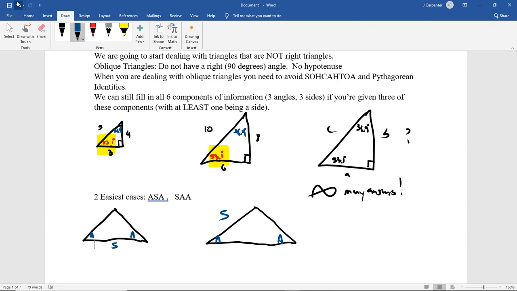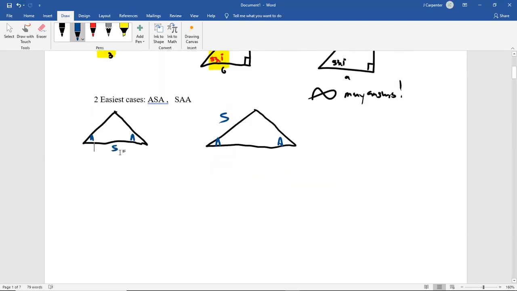The easiest cases are when you have two angles. This is always true. The easiest case is always when you have two angles because you can always find the third by the fact that triangles add up to 180 degrees. Their angles, you don't call them supplementary. Supplementary is just two angles that add up to 180, but it feels like that. So these will always have one solution, just one solution. And the order that you should handle this stuff is